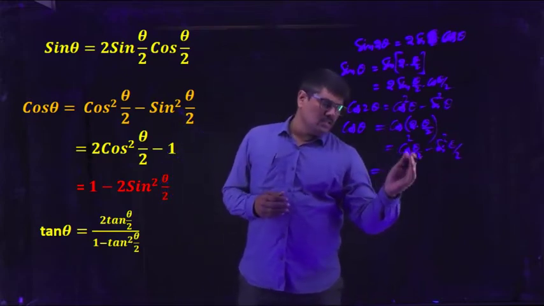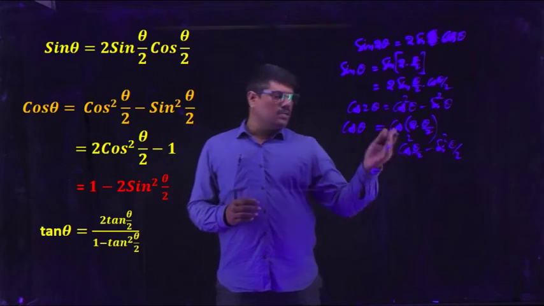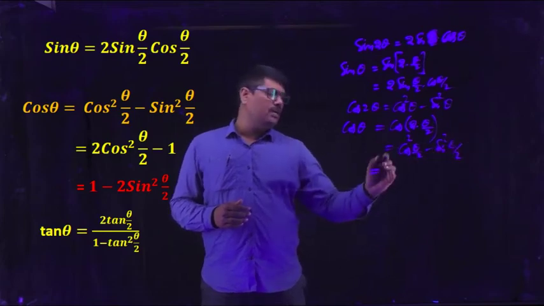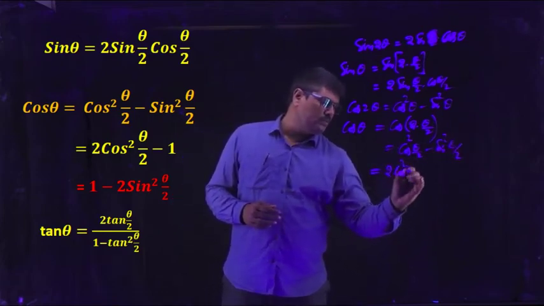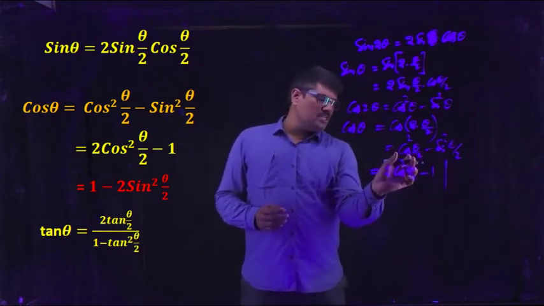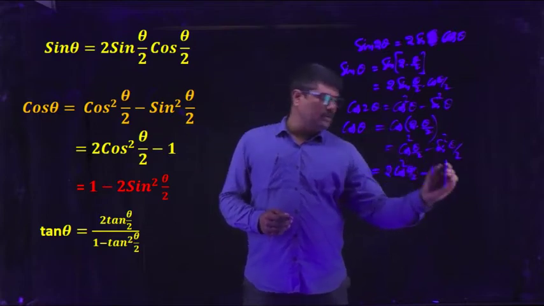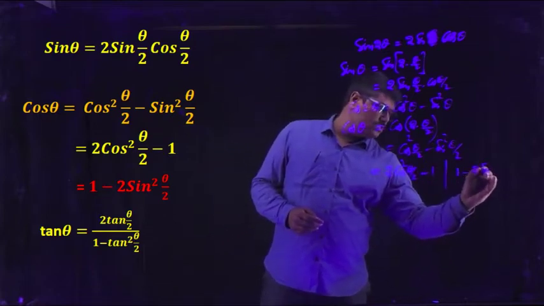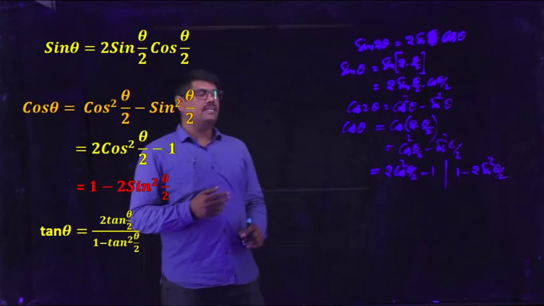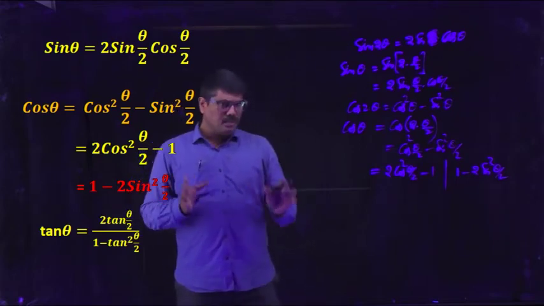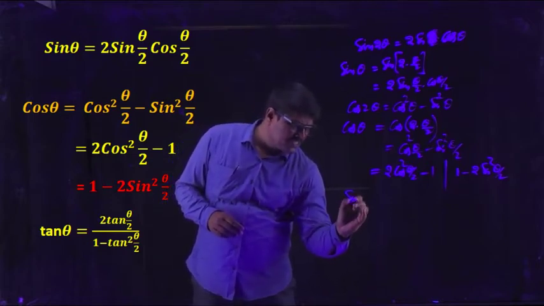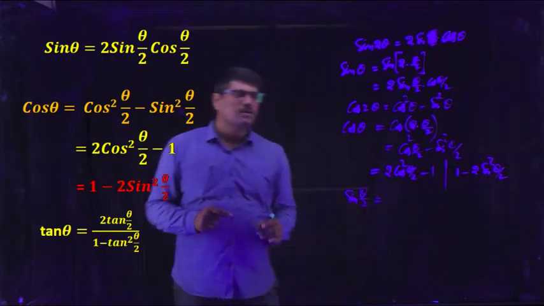So again you have the similar concept. To get the formula in terms of cos, replace sin square theta by 2 with 1 minus cos square theta by 2. You will get this one, 2 cos square theta by 2 minus 1. And if you want to get the formula in terms of sine, then change cos square theta by 2 as 1 minus sin square theta by 2, so that you will get 1 minus 2 sin square theta by 2. So these are the formulas for cos theta, that is cos square theta by 2 minus sin square theta by 2. Here you have to practice like this. Then remember, what is the formula for sin theta by 2 in that same format? You have to try like that.